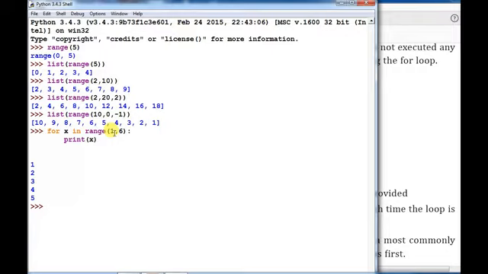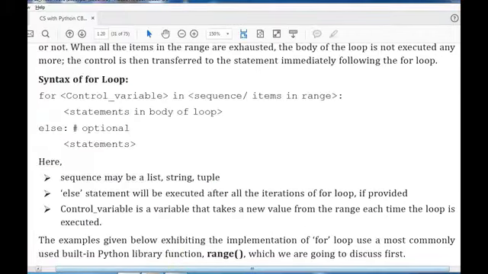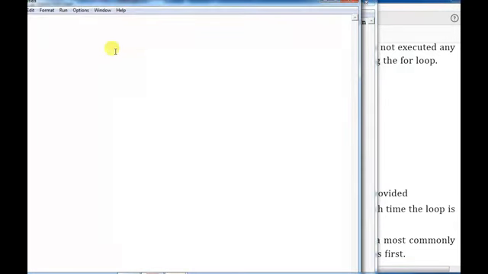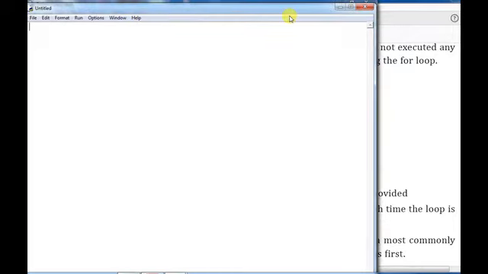Okay, it prints. Now I am going to write a program using a for loop to print the natural numbers 1 to 10. So simply a hash symbol, that is a comment line: program to print natural numbers from 1 to 10. For x in range; we can use the range function.